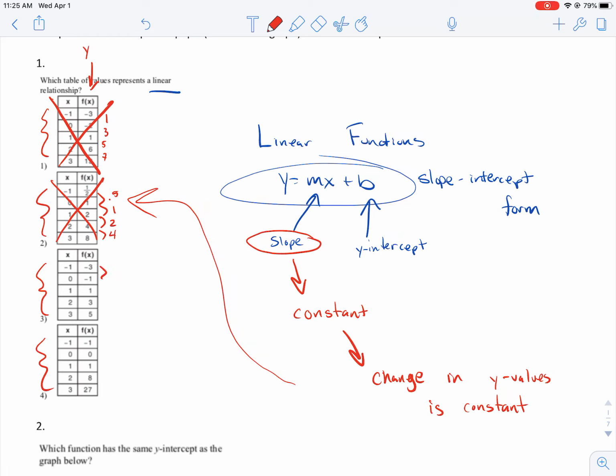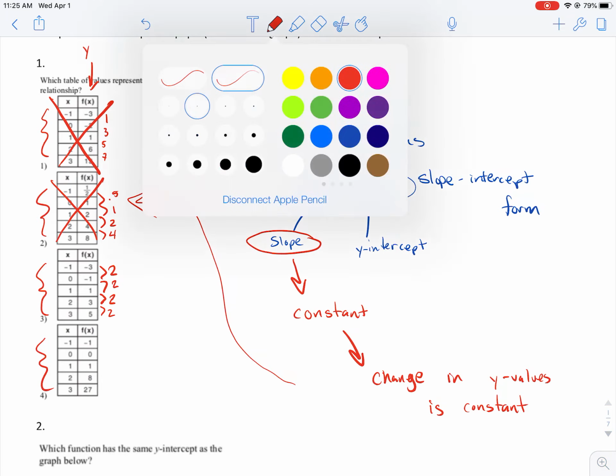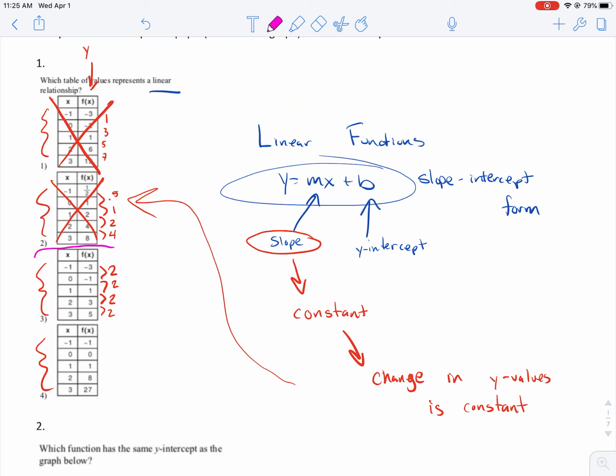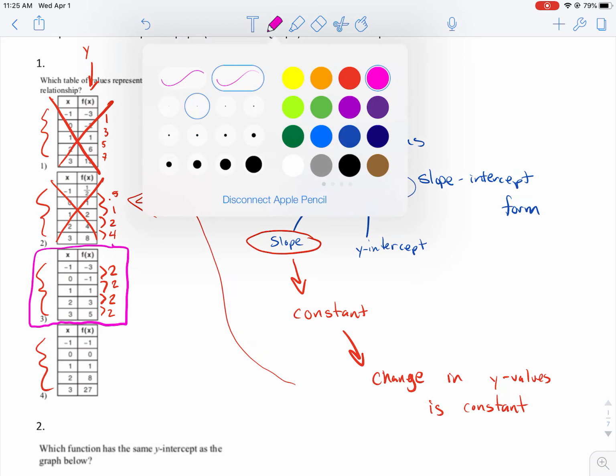Anytime you're multiplying by the same amount each time, it's called exponential. So that's an exponential function, so that is not linear. Let's take a look at this one, okay? From negative 3 to negative 1, we've increased by 2. From negative 1 to 1, we've increased by 2. From 1 to 3, we've increased by 2. And from 3 to 5, we're increasing by 2. Okay? And so it looks like this